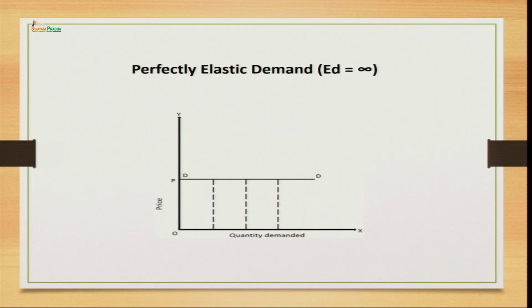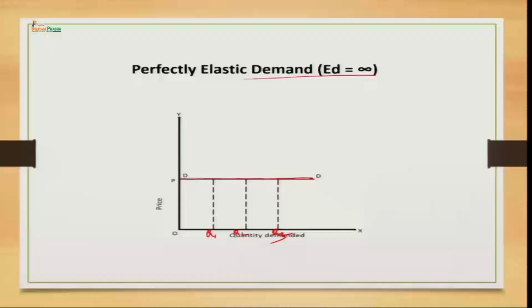You can see that on the x axis we have quantity demanded, and on the y axis we are representing the price, and this line shows that there is no change in the price, yet at the same price different quantities are being demanded, that is Q1, Q2 and Q3. So, a lot of change has been taking place in the quantity demanded with no change in the price, and that is how we define it as perfectly elastic demand. And this is a case which does not exist in a real life situation, because there are basically no such goods where a very small change in the price causes a lot of change in the quantity demanded. So, this was your perfectly elastic demand.